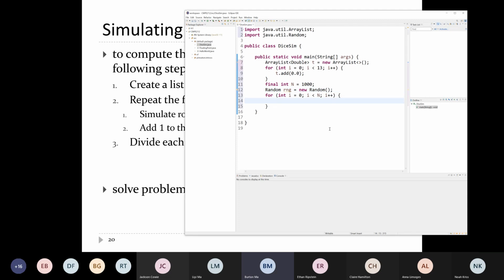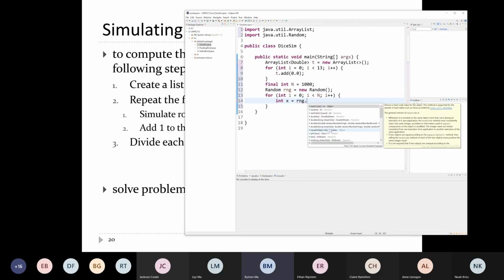Okay, I want to roll 2 dice, so the values of 2 dice. So int x, this is dice number 1. rng has a method called nextInt. It's got 2 of them actually. Notice that if you hover over or click on nextInt, you get the documentation for the method right here. I want the version where I specify the upper bound. So nextInt